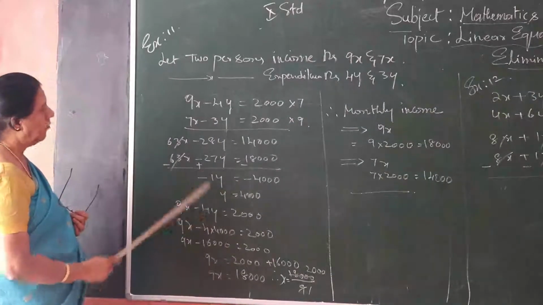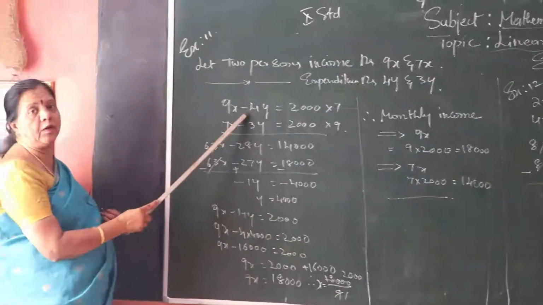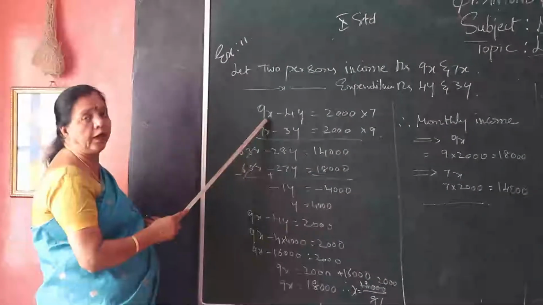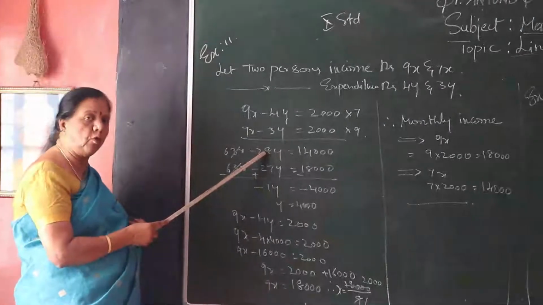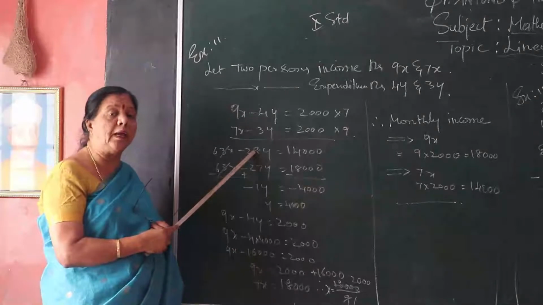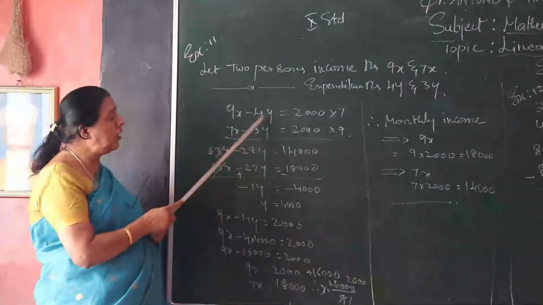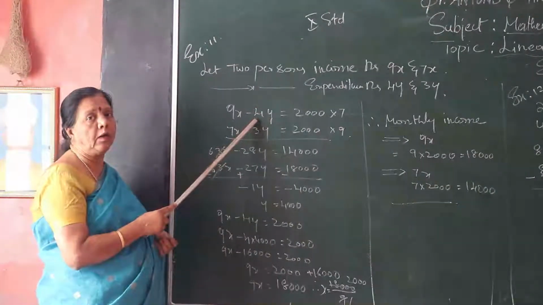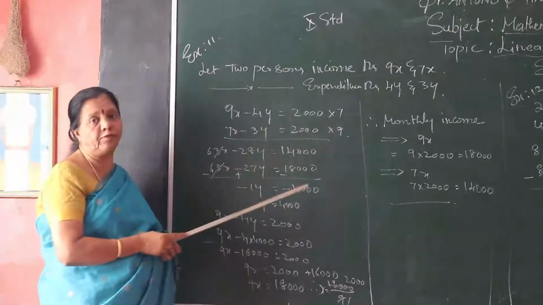Now go for the first equation. Take the very simple equation, the one before multiplying. If you take the other one also, you are getting the answer, but with heavy numbers you may get confused. So that is why take equation number 1 before multiplying the coefficient.